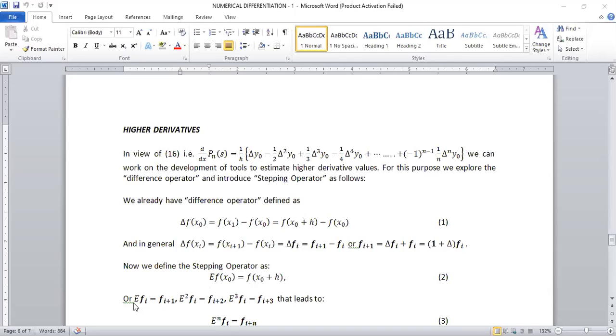सो fi पर जब मैं स्टेपिंग ऑपरेटर लगाऊंगा तो नेक्स्ट fi आ जाएगा या y आ जाएगा। अगर मैं स्टेपिंग ऑपरेटर को एक दफा फिर लगा दूं तो इसका मतलब है उससे अगला fi आ जाएगा।